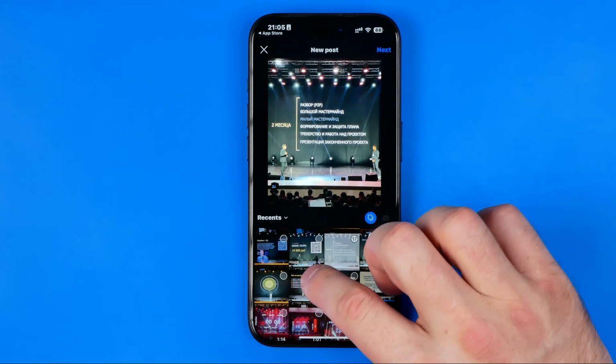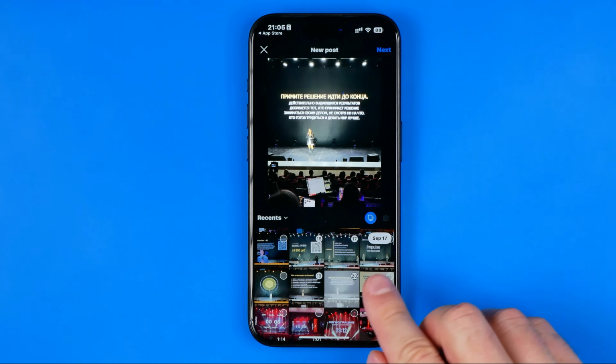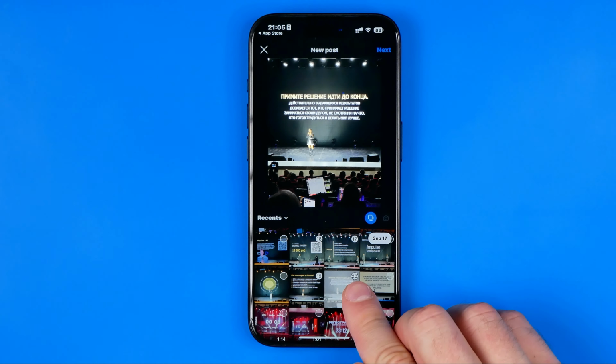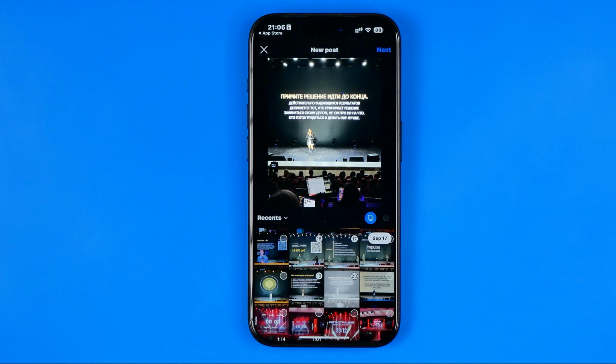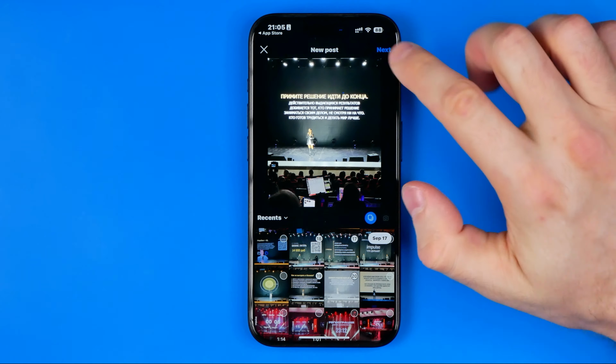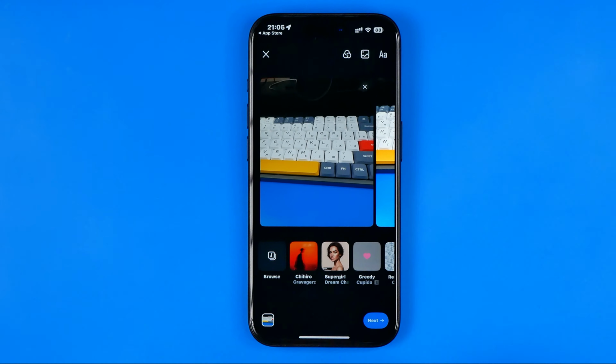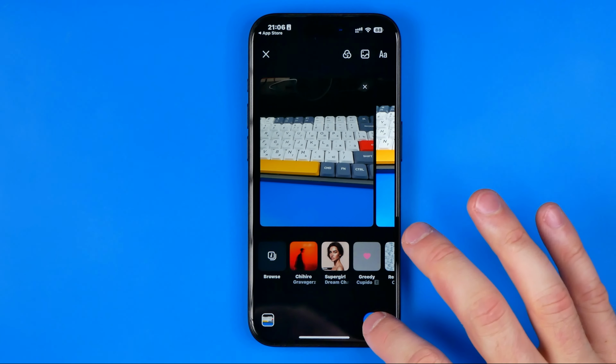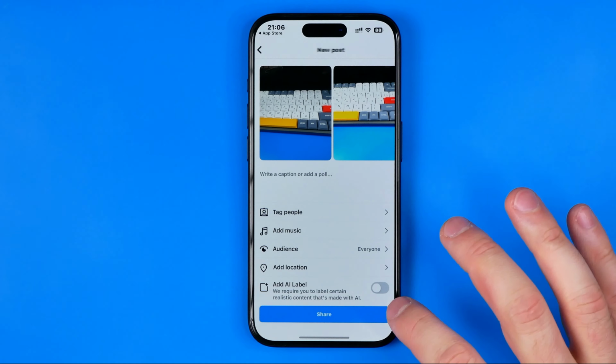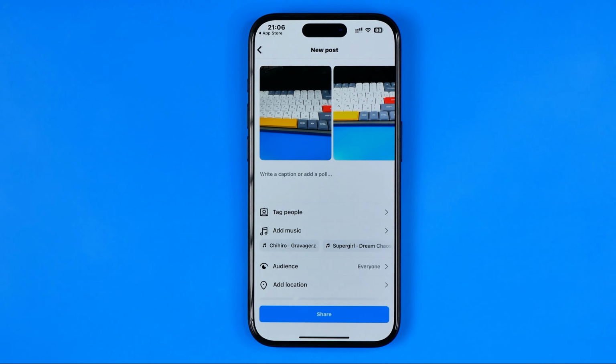I can add 4 more photos. As you can see, now 20 photos are selected, and then to continue we just need to hit right here at next, and then we can add filters to our photos and edit them just like we always do when creating a carousel post. After that, hit right here at next, and then to share this post just hit right